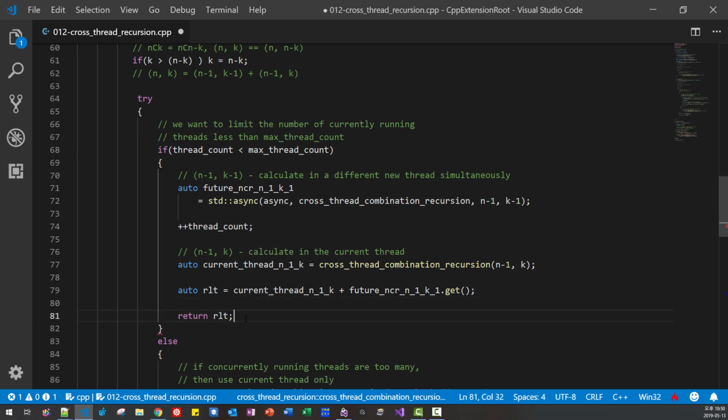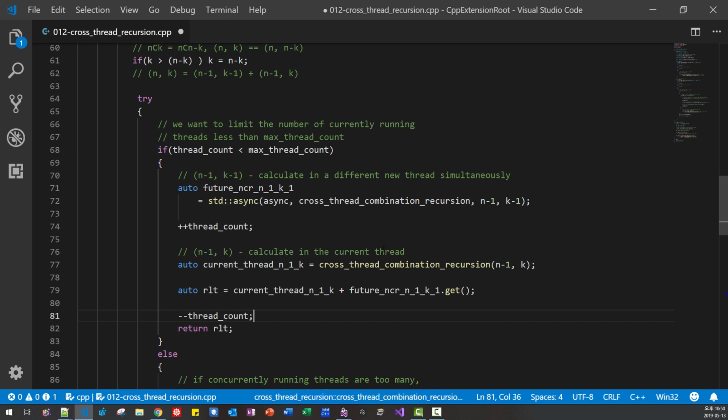Semicolon here. Then before return, we have to decrease thread count. Okay, because we increased, then we run here, then we decrease. Actually, this is wrong practice.